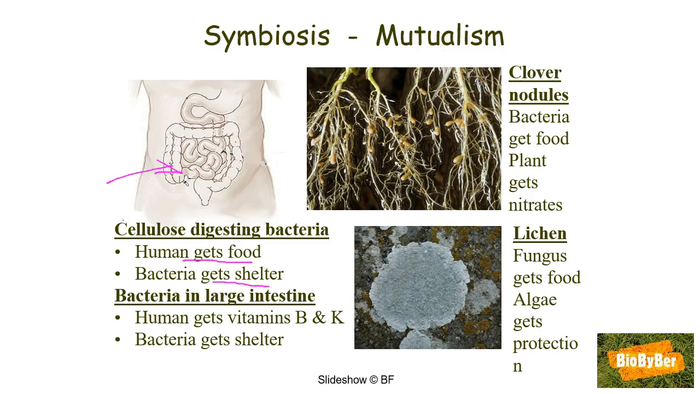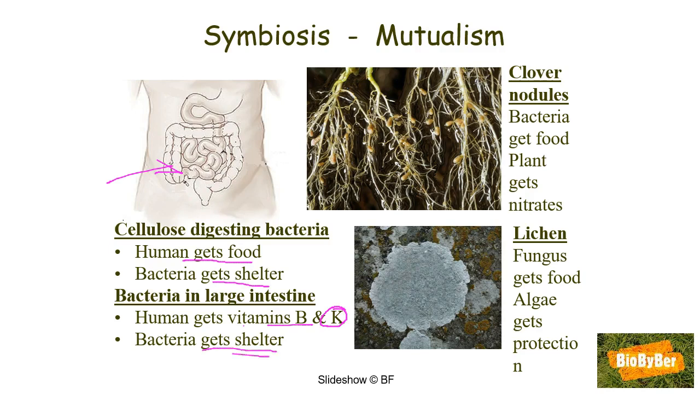There are also bacteria living in our large intestine. This is an example of symbiosis again. Again, we now understand it is mutualism because both organisms benefit. Humans get vitamin B and vitamin K, which we need for clotting our blood, from these bacteria, and in return